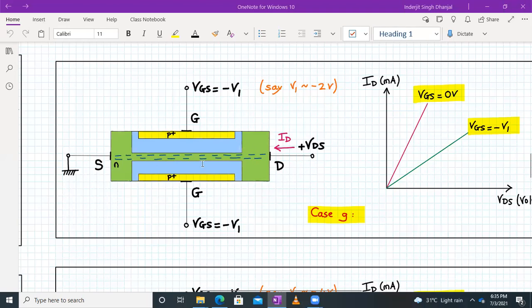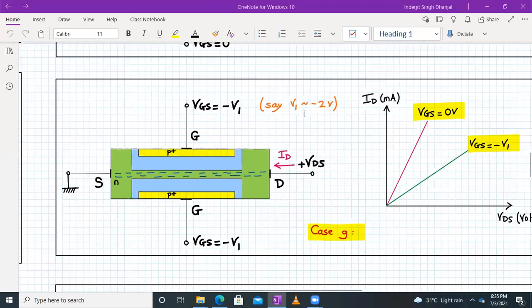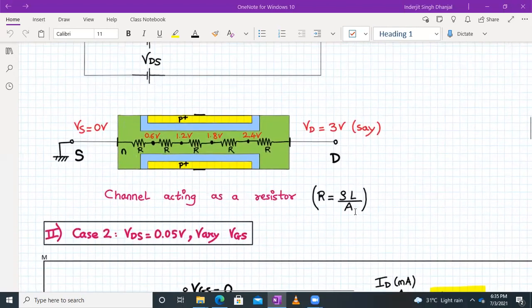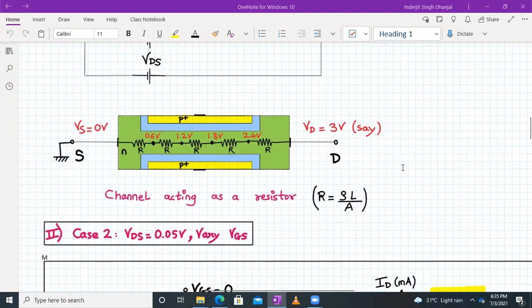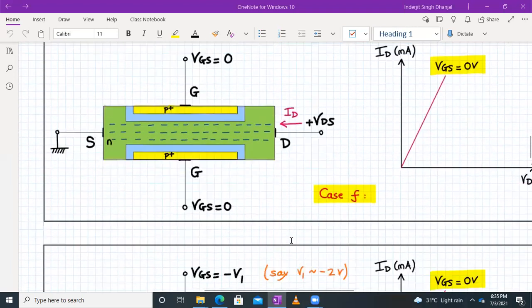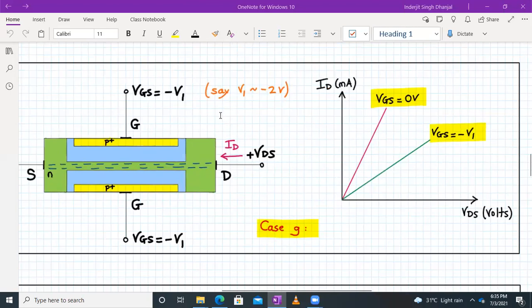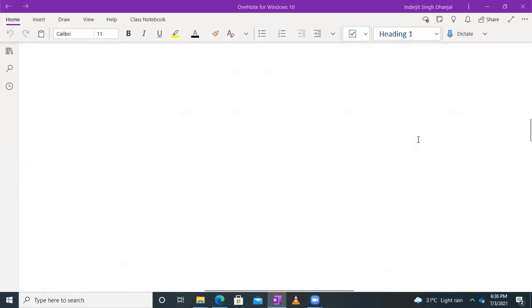So that means that when the channel is becoming narrower, the area is reducing, right? So the channel is still acting as a resistor, but since the area is reducing, the channel resistivity will increase. And again, the current will be flowing linearly, but with a reduced slope. So for VGS equal to minus 2 volt, you will again get a linear increase in the current,